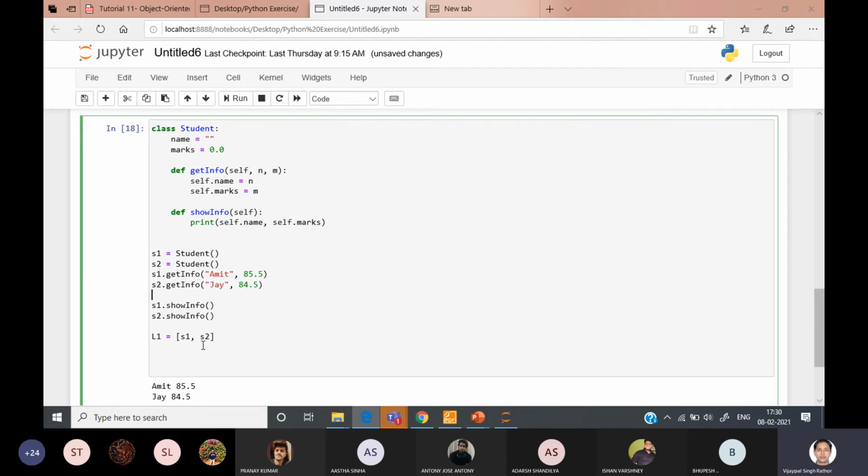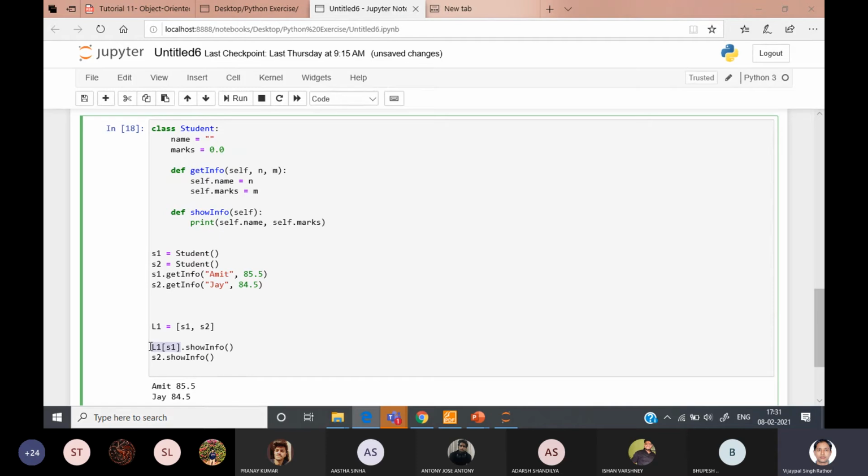Okay, so you can create multiple students and then store them in the list and then you can access the list one by one. जैसे मैंने यहाँ पे S1 dot show किया है, I can print it like L1 और S1 dot show, ऐसा लिखा था ना, तो ये आ जाएगा. Is it okay?